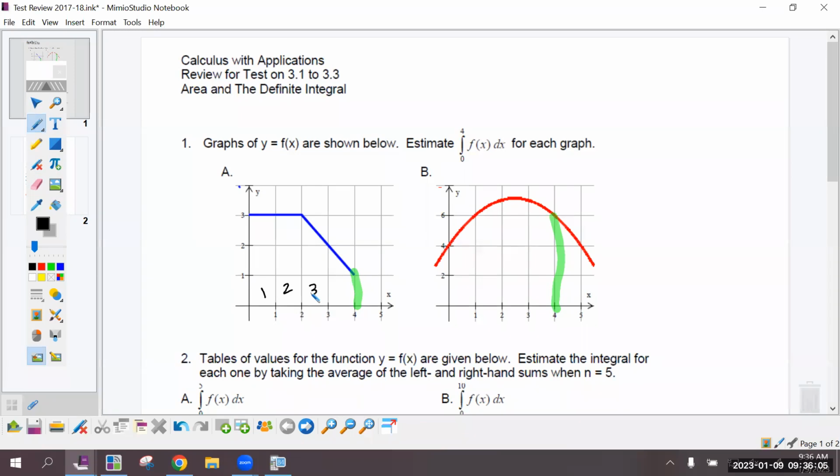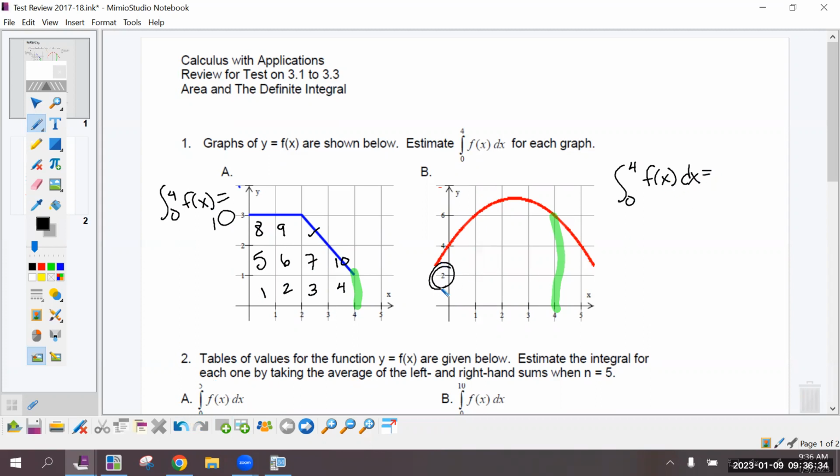1, 2, 3, 4, 5, 6, 7, 8, 9, and these two together make 10. So the area in number 1 is 10. Actually, hang on. The integral from 0 to 4 of the function is 10. In B, the area, which is the integral from 0 to 4,